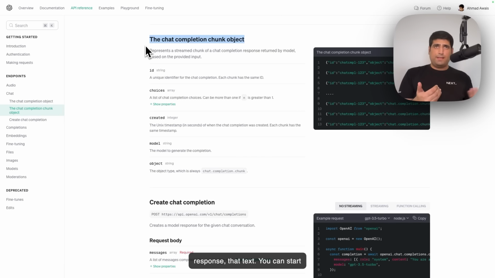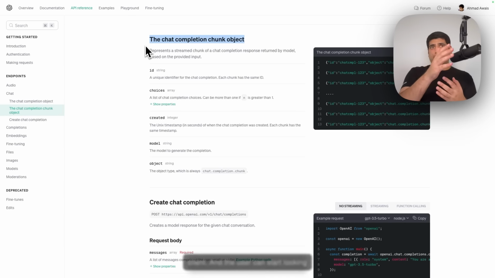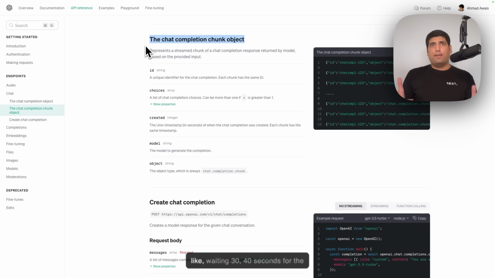You can start streaming that data through HTTP streams to your framework, which could be Next.js, and then render it using React Suspense on top of your client, and the user can start looking at that data right away instead of waiting 30-40 seconds for the entire generation to be completed. That is why I think streaming is so much more important.